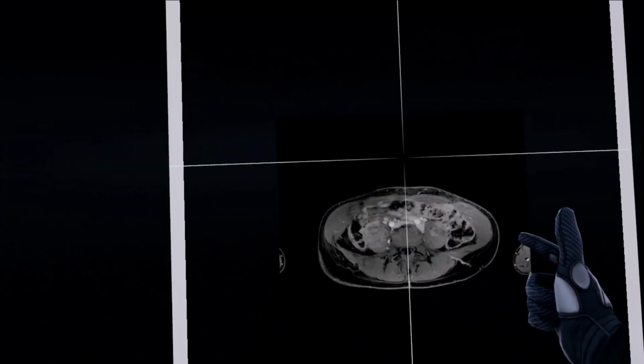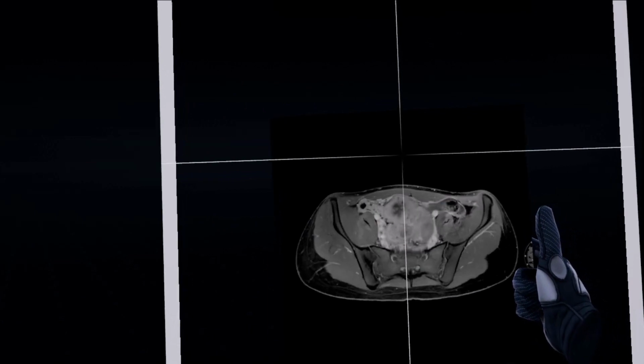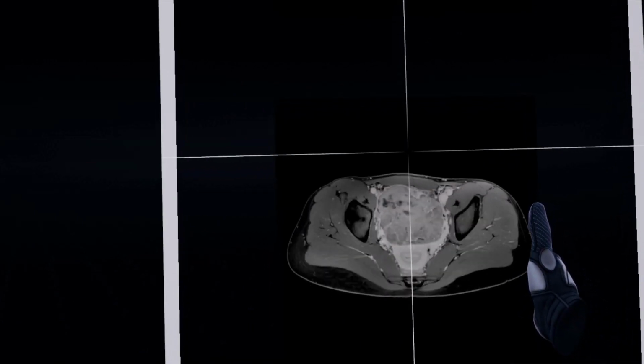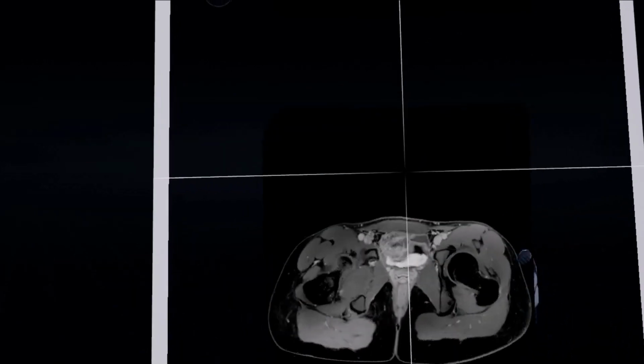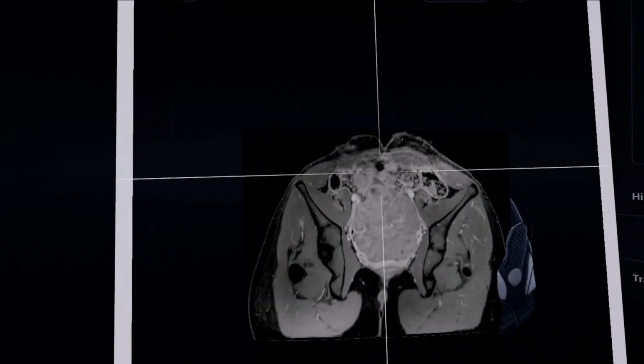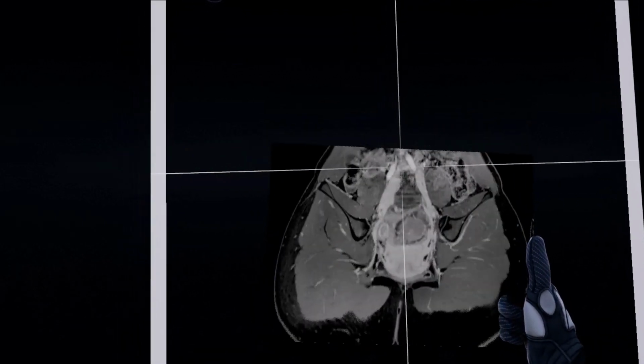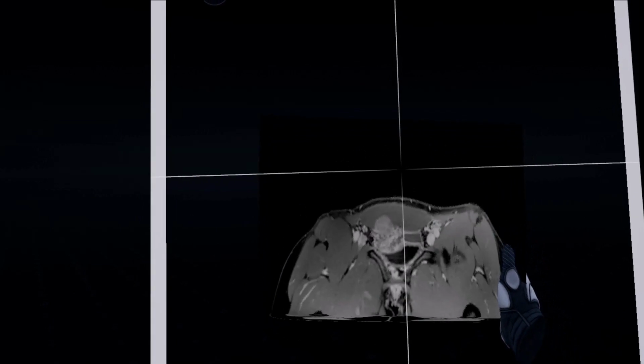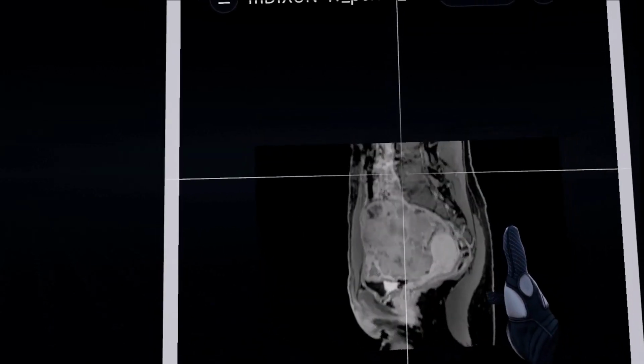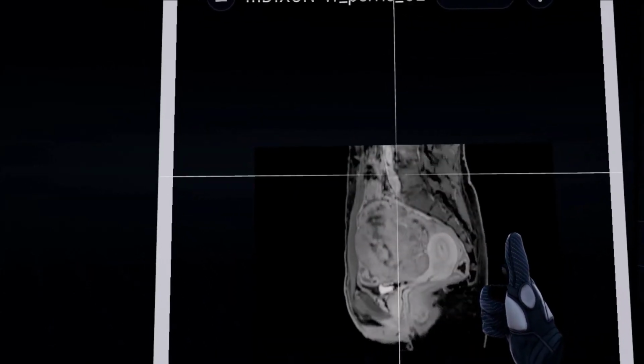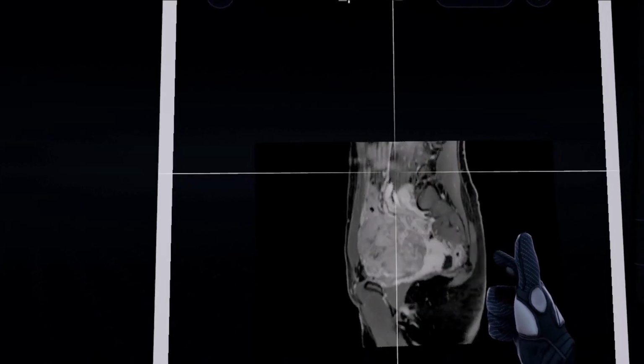The development of MRI has led to the routine use of 3D sequences for imaging not only the brain and joints, but also the pelvic organs. This is an example of a fat-suppressed T1 weighted gradient echo 3D sequence after contrast enhancement in a patient with ovarian dysgerminoma. Using Bodyscope software in virtual reality allows not only to evaluate the data slice by slice, as in